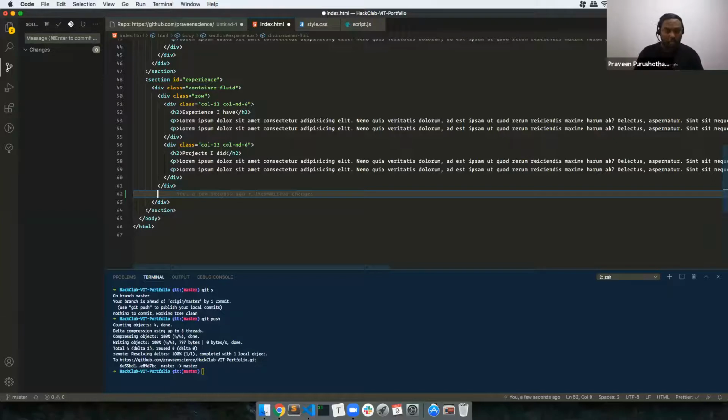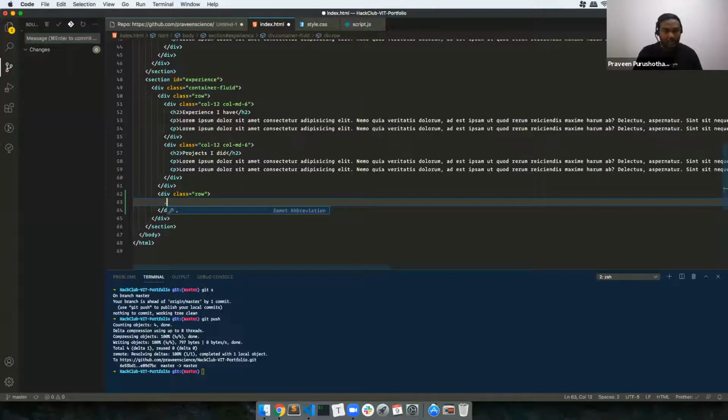Okay, right now we will do the contact form part. So I'm going to create a row here. And this row is going to have two columns, obviously. So let's go with, basically it should be col-12, but in medium screens it's going to be col-5 plus col-7. Okay, so 2 columns, right?